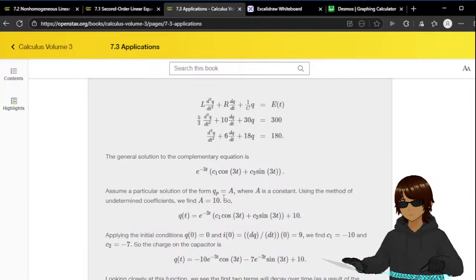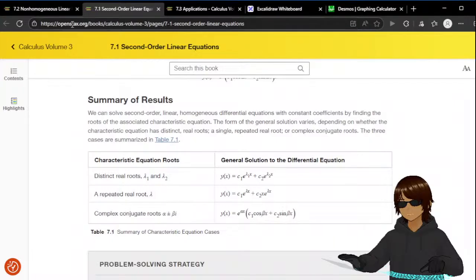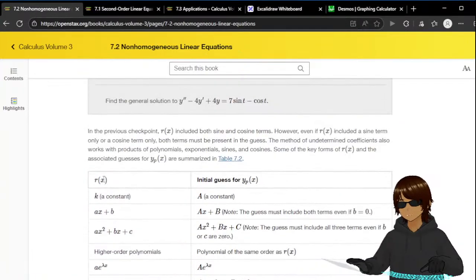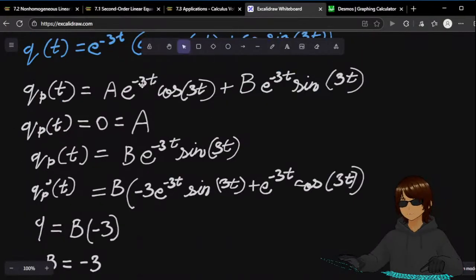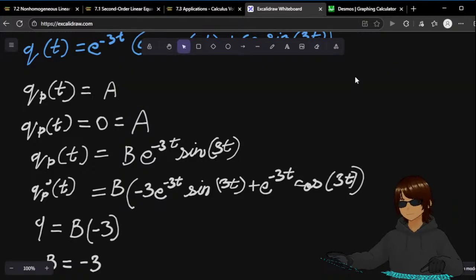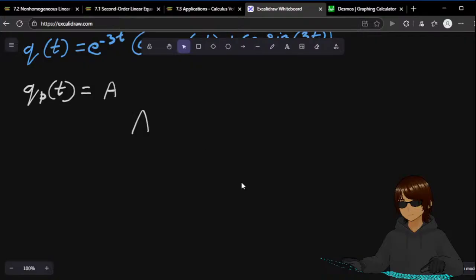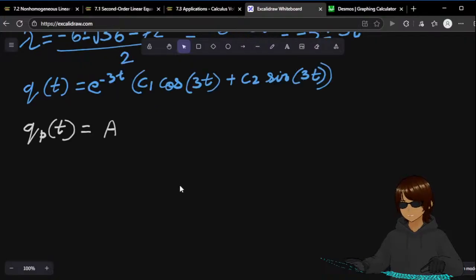A is 10. Qp is equal to A, form Q, where A is a constant. Okay, I have no clue what just happened. So I know how they got this far. Assume a particular solution of the form Qp is equal to A. But why though? Oh, because this is a constant. So okay. Q, so this wasn't needed. So Qp, we assume it's an A,